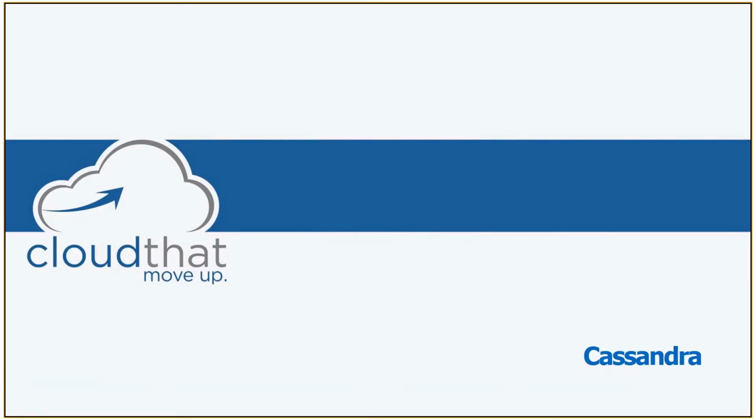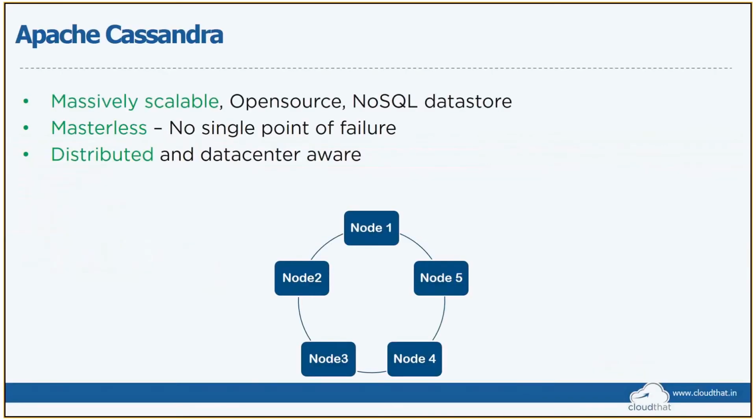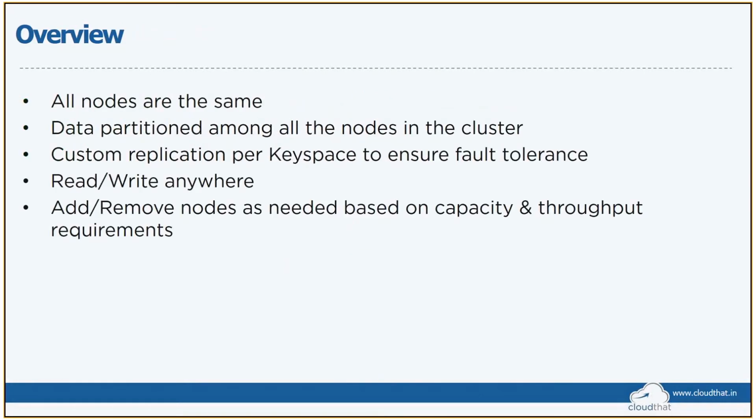Moving on to Cassandra. Cassandra is still a JSON type database, but it is a masterless system, not a single master system. It is a very highly scalable NoSQL data store where things are stored in a ring fashion, across multiple nodes that are part of one single network. Call these ring topologies, and they're all data center aware. Each node has information about which data center it is part of, and all the nodes are the same. Every node is a master, every node is a slave, so there's no single master system.